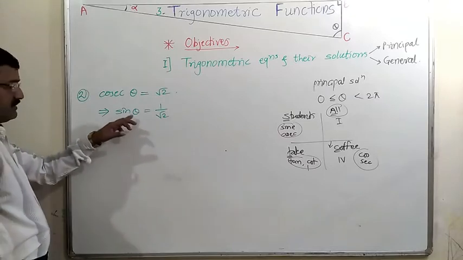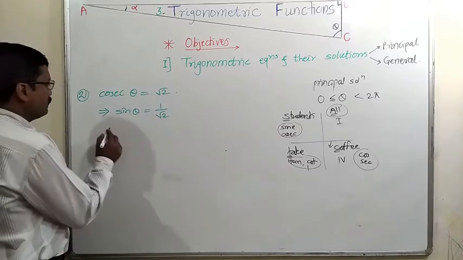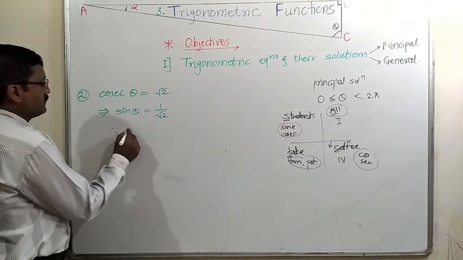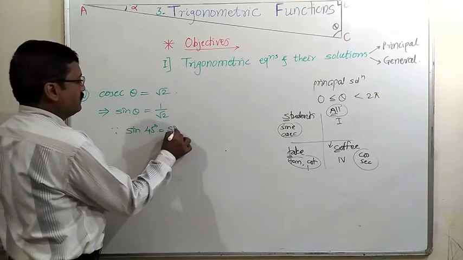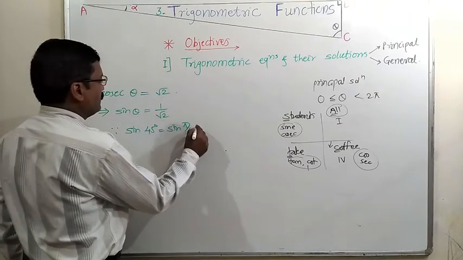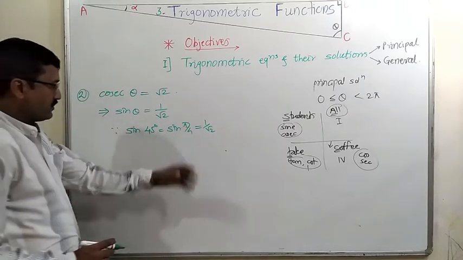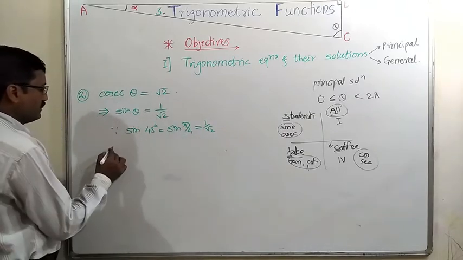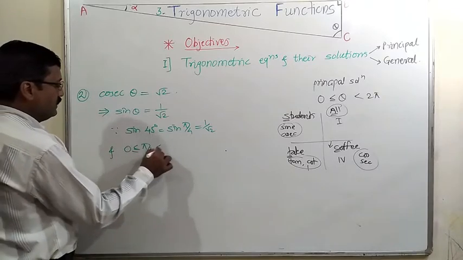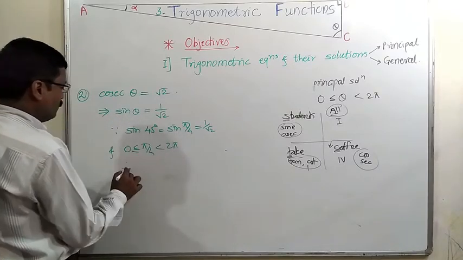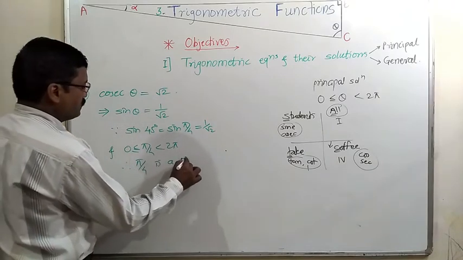Now we know the value of this theta, since sin 45, that is sin pi by 4, is equal to 1 upon root 2. This is known for us, so this is one of the solutions, and 0 is less than or equal to pi by 4, which is less than 2 pi, therefore pi by 4 is a principal solution